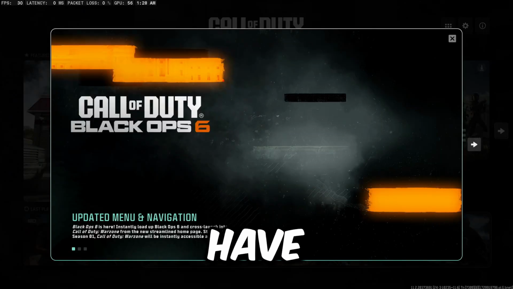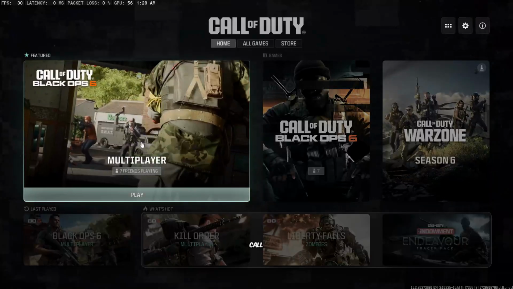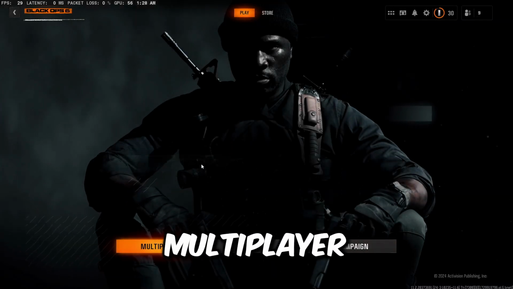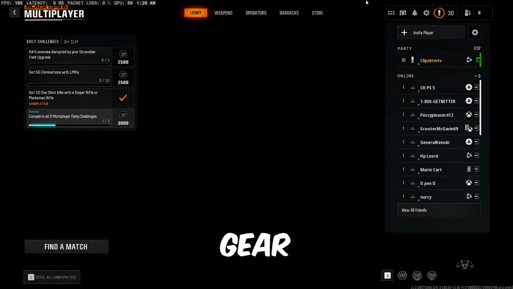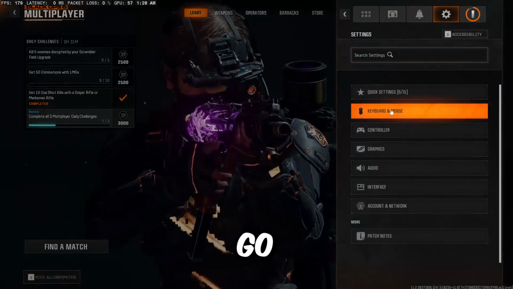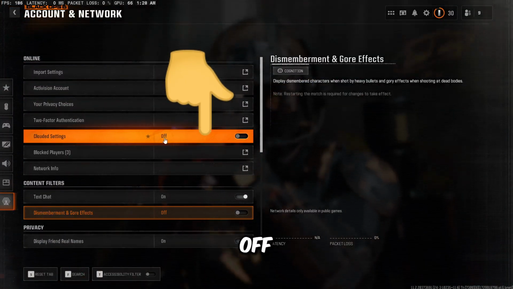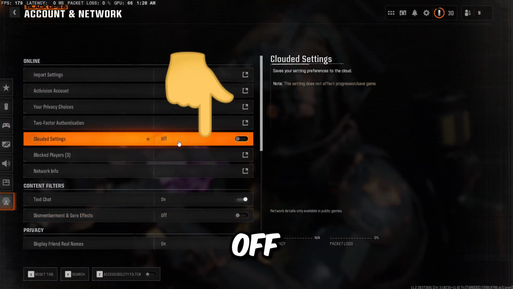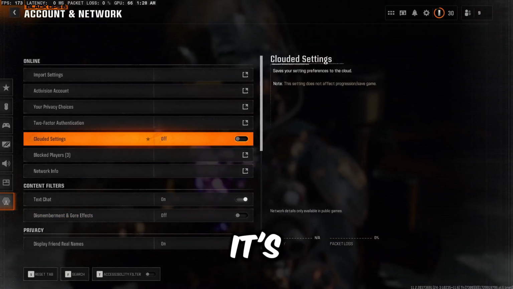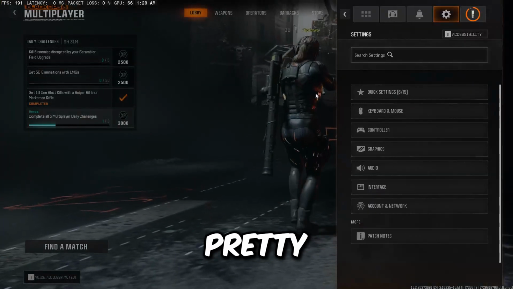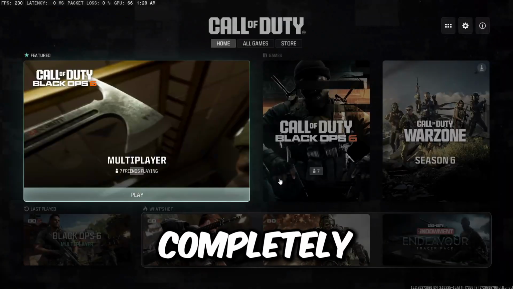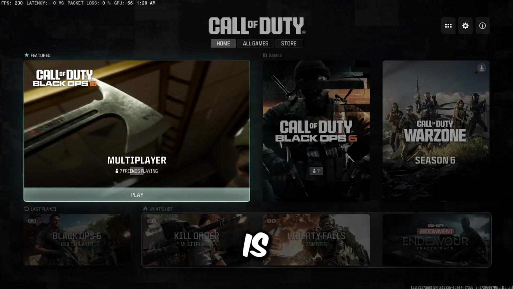Alright everyone, so once you have Call of Duty launched, all you want to do is go to Call of Duty Black Ops 6 multiplayer, click multiplayer, and then go to the gear icon on the top right, and then go to account and network. Make sure you turn off cloud settings if it's not already off. If it is off, then you're good to go. If it's not off, make sure it's off, and then close out of the game completely. Then once you have done that, all you're going to do is go to the link in the